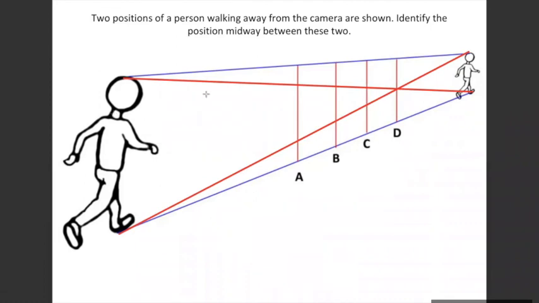So even in perspective, if you want to find a middle position of a walk between one position and a second position which is farther away, we cross it like this, like I've shown, the head and the shoe here. Wherever it intersects, that is the middle position. In this case, when I intersect this, it intersects at option D. So that's where option D is the correct one here.